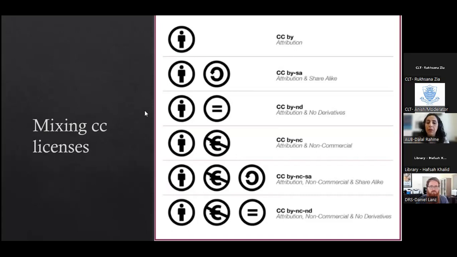So you can use those licenses for your own work, but also whenever you see them online, you must be able to search for them to see if the resource or material is an open educational resource or not,